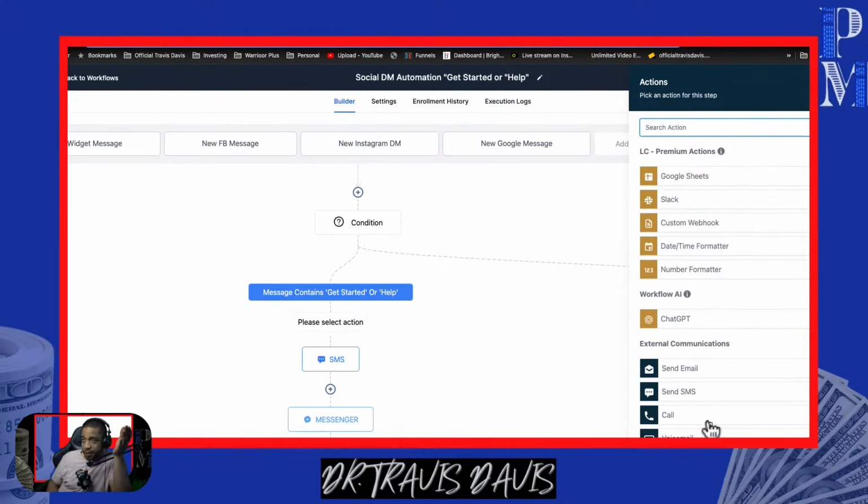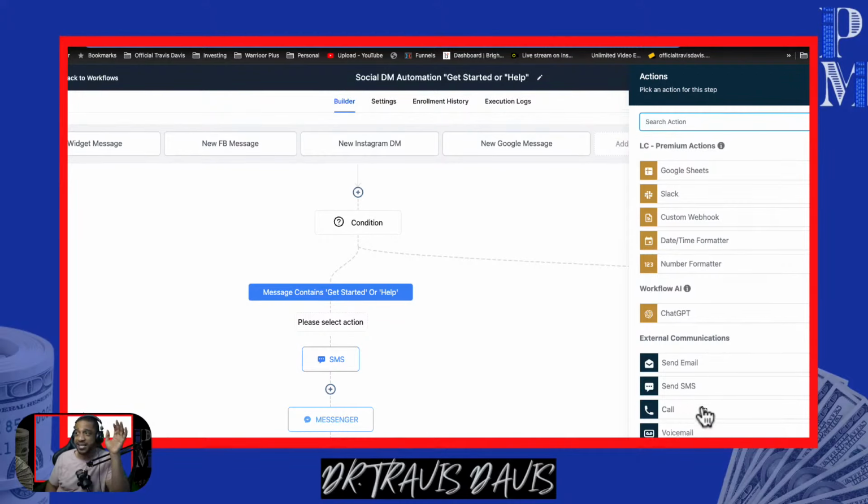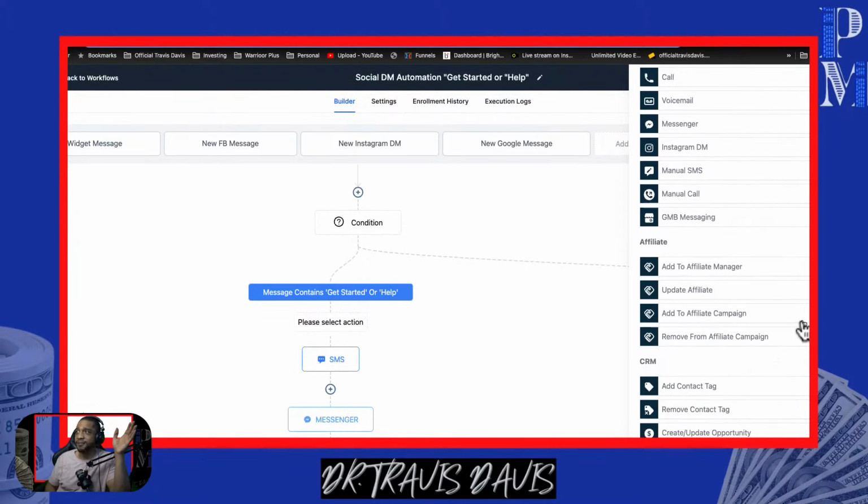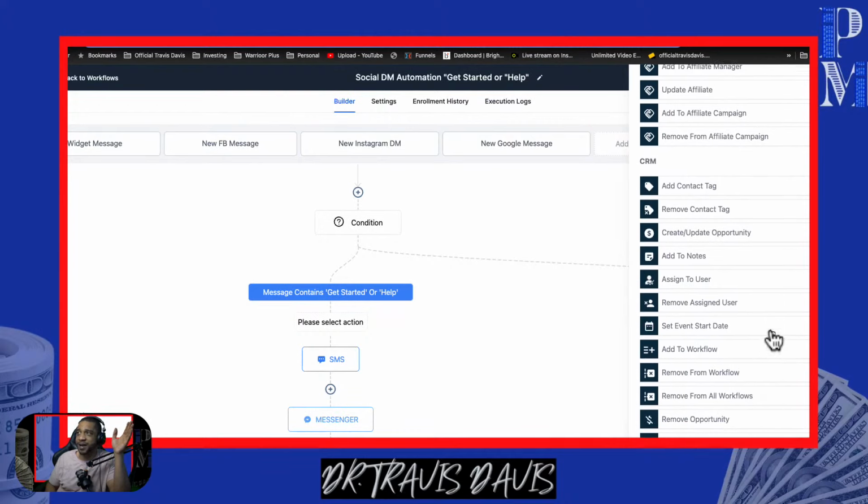You may want to call a person. This is for your offline stores. Maybe you got a restaurant or something. Here comes the key. You could tell the system to give a call and tell it what to say once it gives it a call. I mean, this is the type of stuff that you got the power to do. You can send emails. I mean, the sky's the limit. Again, this is why you guys got to go through here.